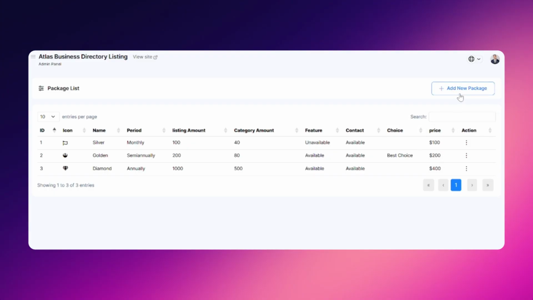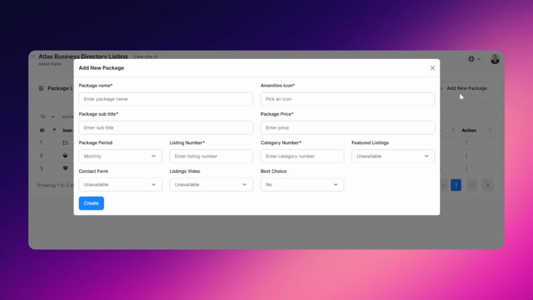Creating a new package. To create a new subscription package, click on Add New Package. After clicking, a form will appear where you'll need to enter the following: package name, package subtitle, package duration, choose whether it's monthly, semi-annually, or annually, listing limit, total number of listings allowed under this package, category listings, categories that